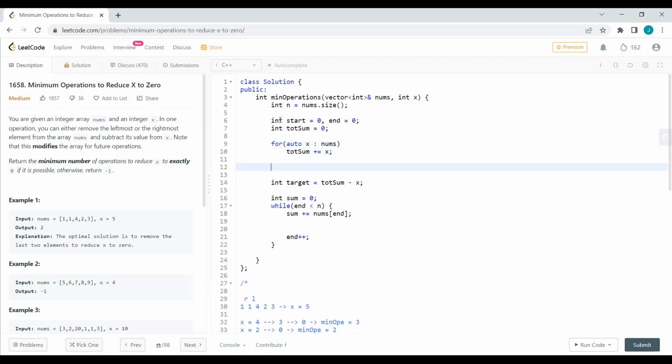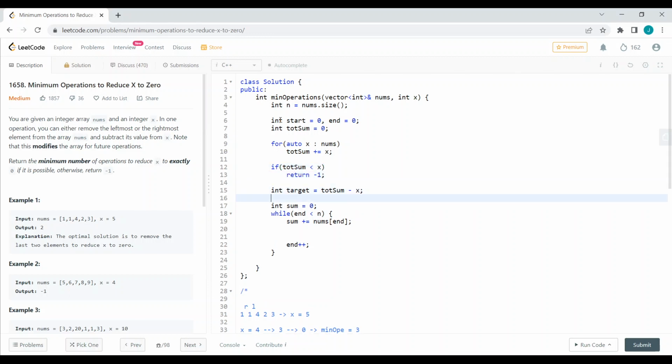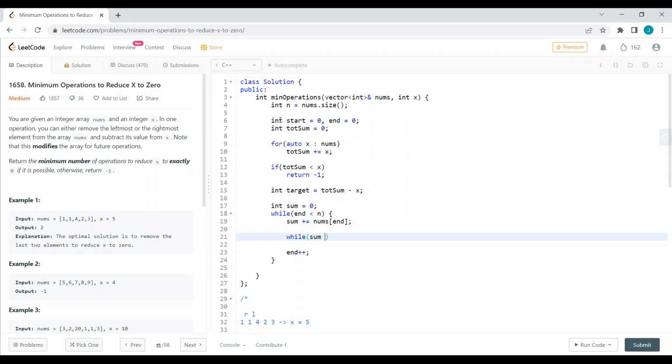But what if my total sum, as we saw in one test case, is less than x? If my total sum is less than x, we cannot make x 0, so we can return -1 itself. Okay, now we can take the idea forward. Inside this we should run a while loop. Whenever the sum is greater than my target, I should decrement my sum with the element which is at the start index, start plus plus. That's it. And once I get out of this while loop,